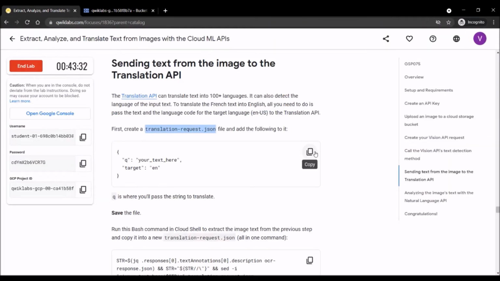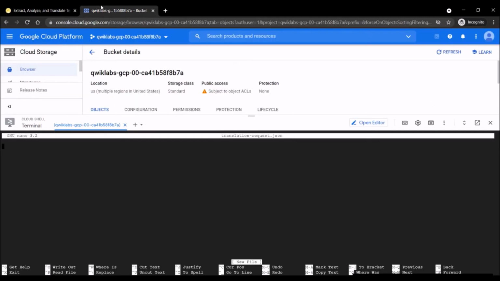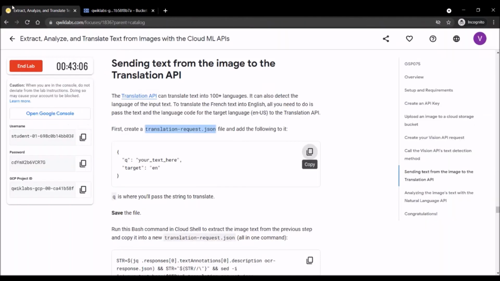Paste the name, enter. To translate French text into English, all we need to do is pass the text and the language code for the natural language, en-US, to the Translation API. See, en-US is given over here. en-US is the symbol for US English.